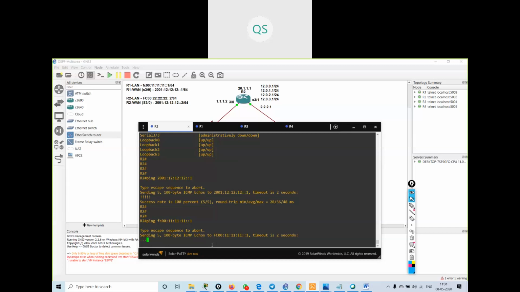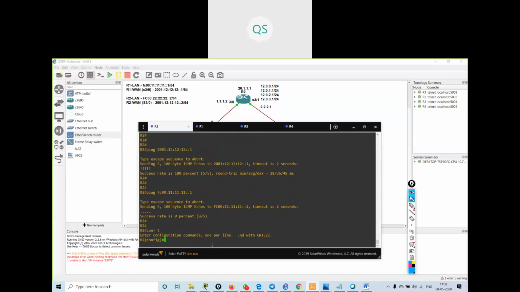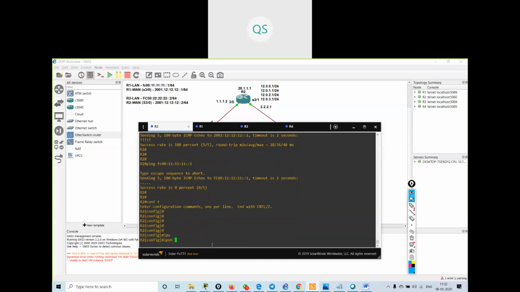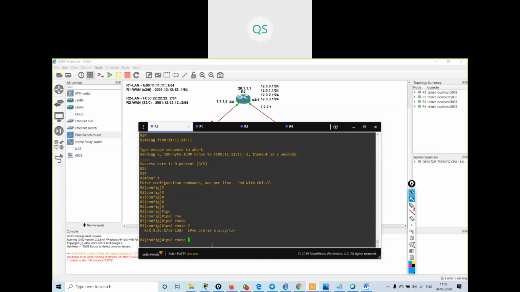Okay, so what I will do now, I will configure static routing. To configure static routing, I have to give the command ipv6 route. Then it is asking me for the destination prefix. So I have to reach the destination 11:11:11::/64.